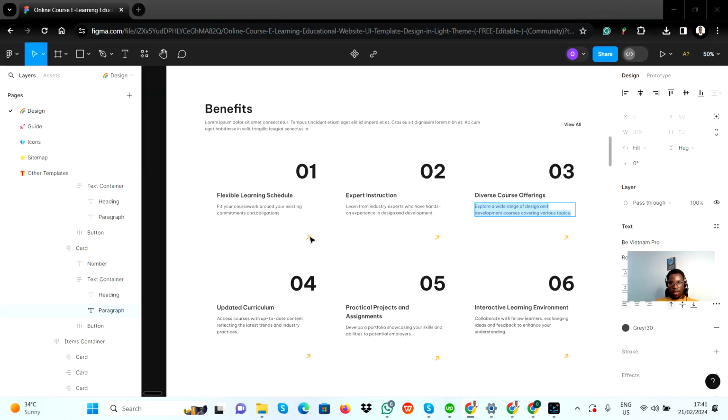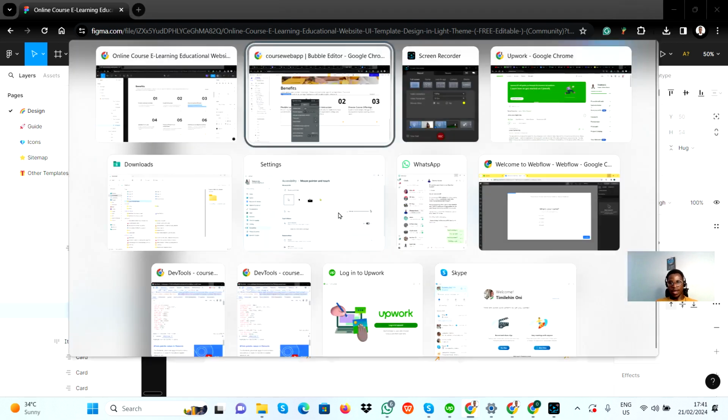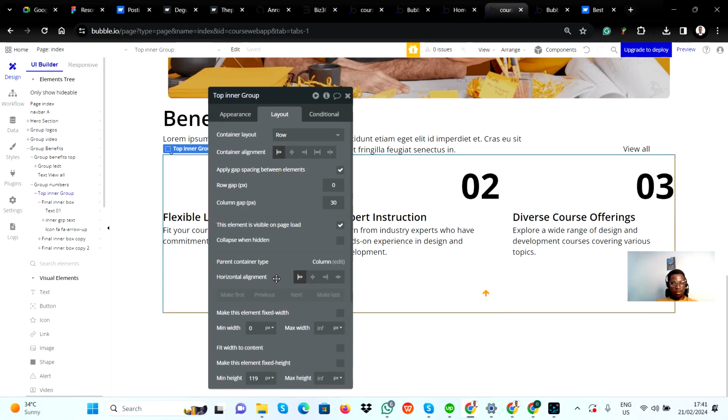All right, so we can see that. Now the way we can achieve this, we can see that there's a kind of contrast line between them. So we can achieve that by reducing the background